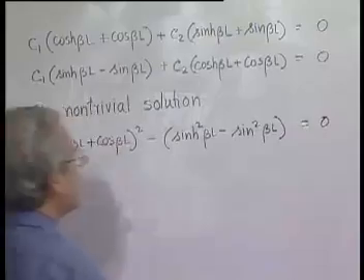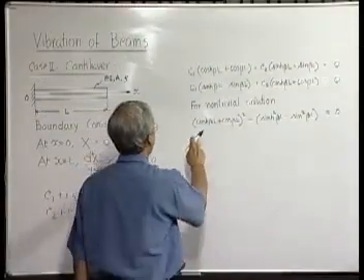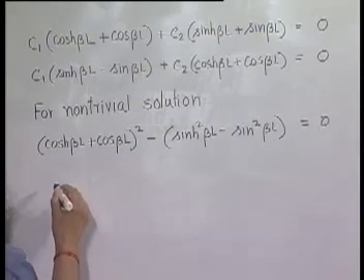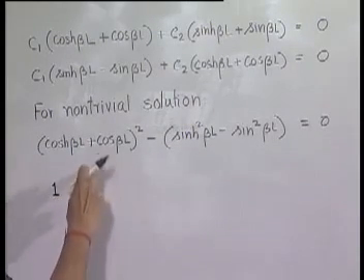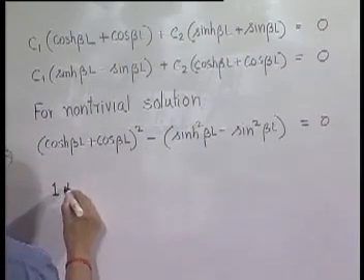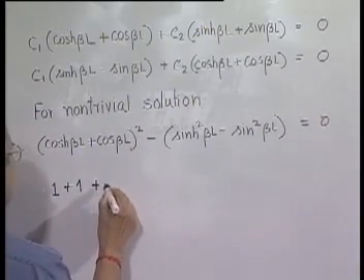That determinant must be equal to 0. So if we expand, cosine hyperbolic square beta L minus sine hyperbolic square beta L is equal to 1, then cosine square beta L plus sine square beta L will be another 1. What will we be left with? 2